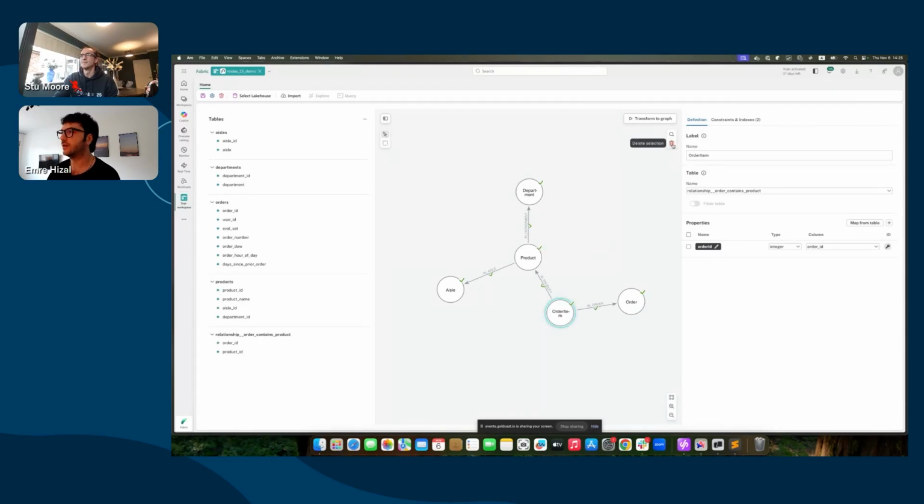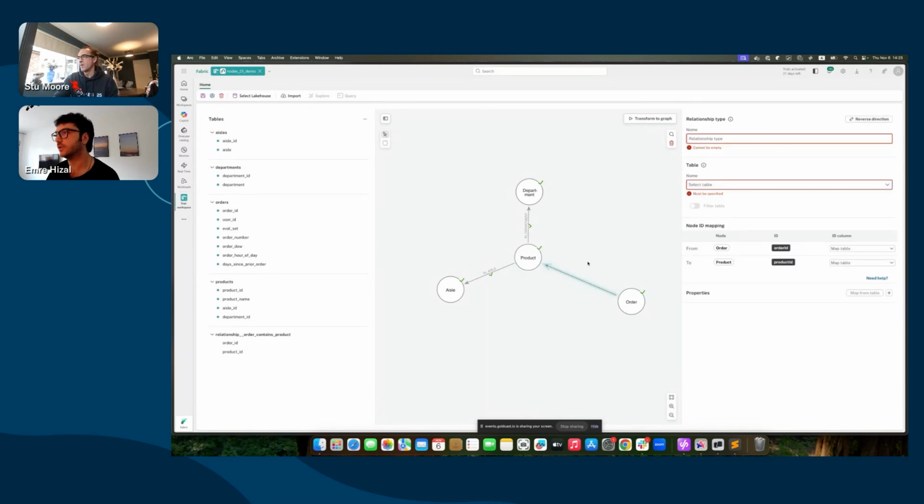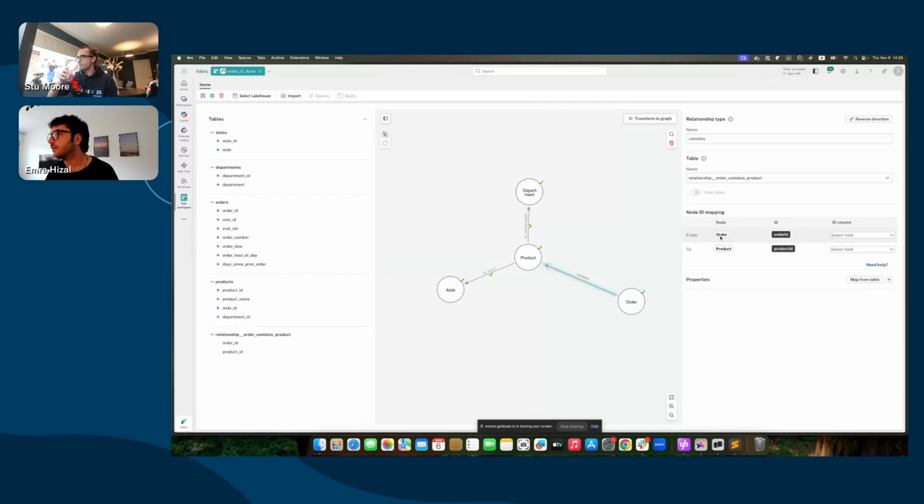For this case, I will remove order item and connect product and order with a relationship. Order will contain, let's say, contains, and I will select a relationship table,